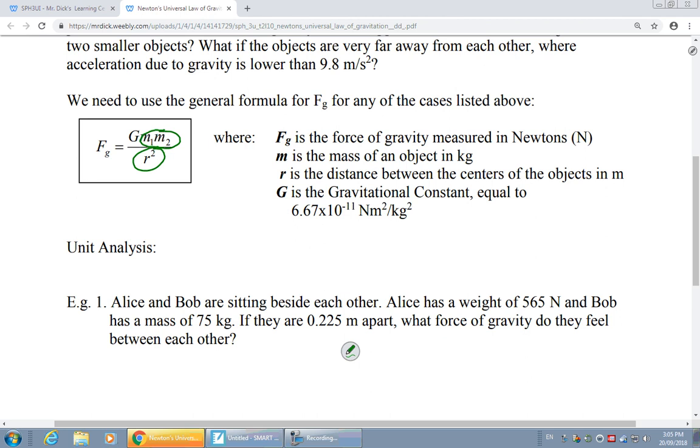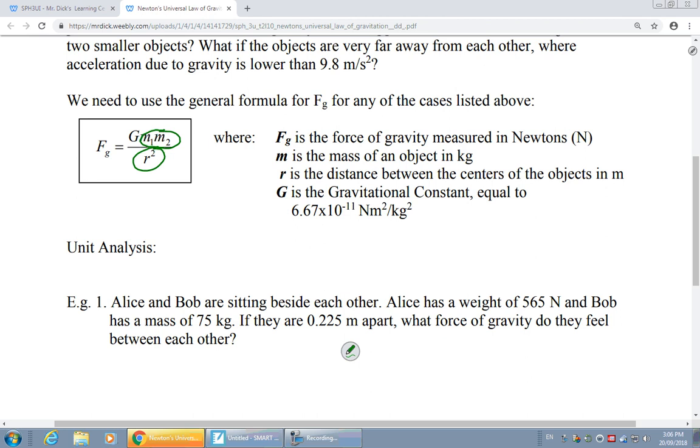He found that there was an inverse proportionality, an inverse relationship between force of gravity and the distance of separation. Specifically, as the distance that separates them grows, it would be on the bottom of this equation, and so it would actually make the force of gravity decrease. And it's not just that it's inversely proportional to that radius. He found, through a little bit of extra mathematical detail, that it's inversely proportional to the squared distance between the centers. So we take that r value and we square it, and that fits into our equation nicely.